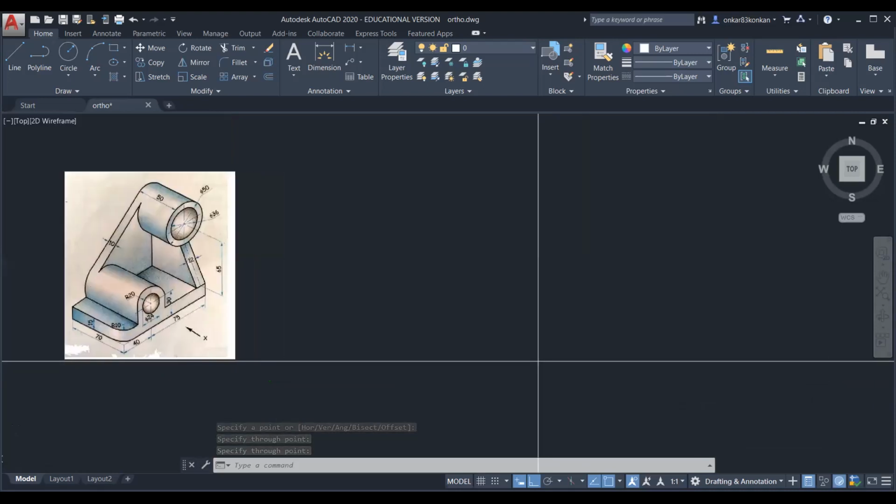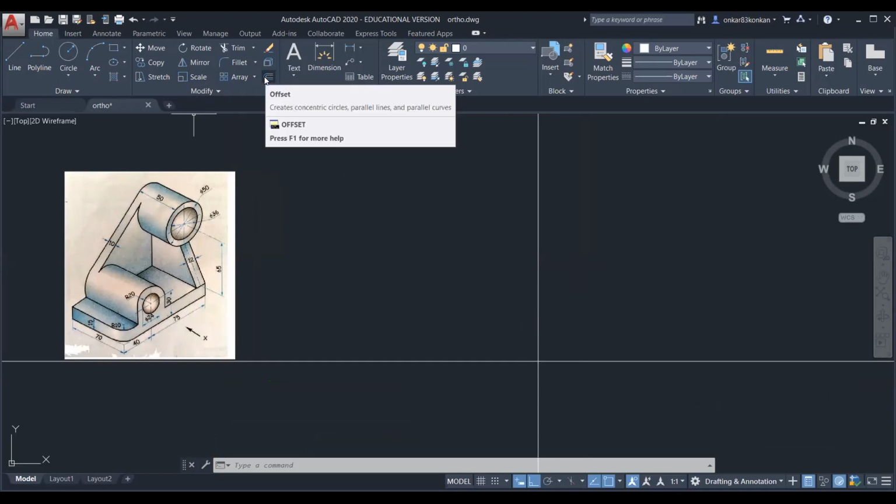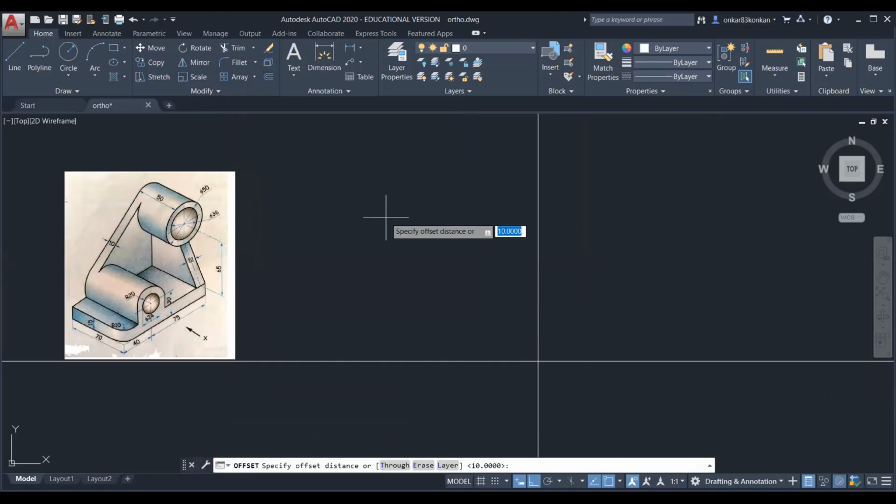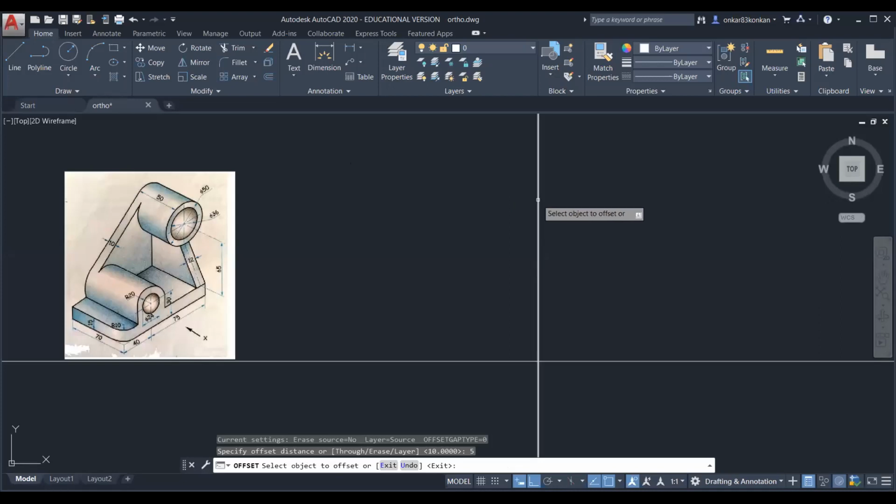And then we need the reference line at equal distance. So you can take the 10 mm or 5 mm distance. So to draw these parallel lines, these are called as offset lines. So you can use the offset command. Okay. So once you select the offset command, you need to enter the distance. So you can enter here 10 mm, you can enter 5 mm. So I will select this as a 5 mm. Okay. Then press enter and just select the object.